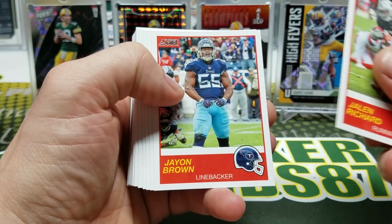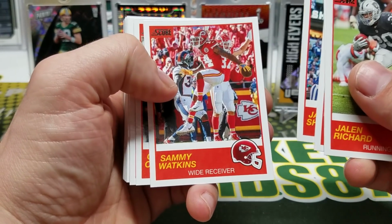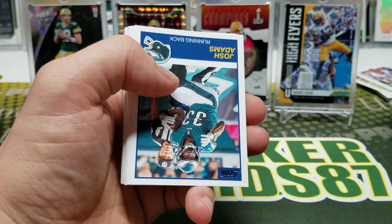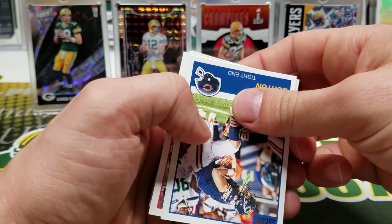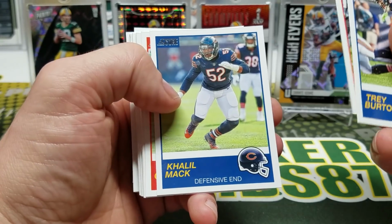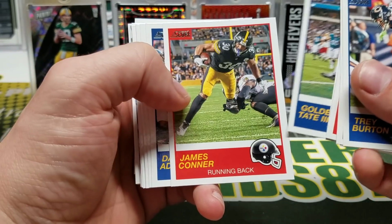Jalen Richard, Jayon Brown, Allen, Sheard, Watkins, Calais Campbell, Philip Lindsay, Terrell Suggs. I don't know why I was thinking it was 5 autos. What product am I opening? Josh Adams. Oh, the 1 card flipper. Trey Burton, Van Noy, Khalil Mack, Crowell, Trent Williams, Deron Lee, Golden Tate, Connor,